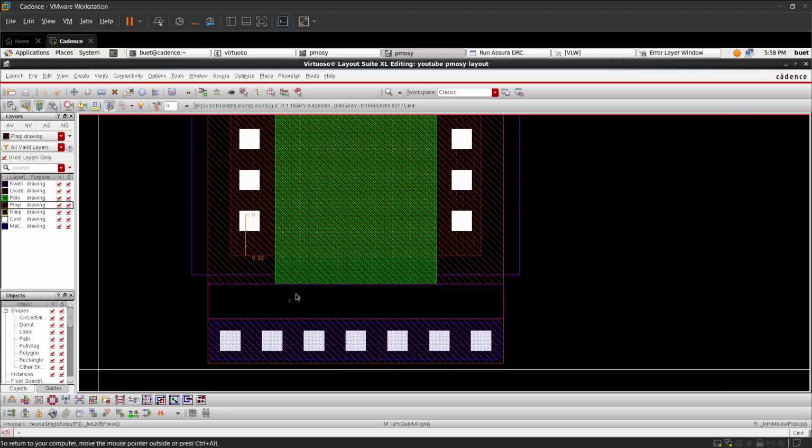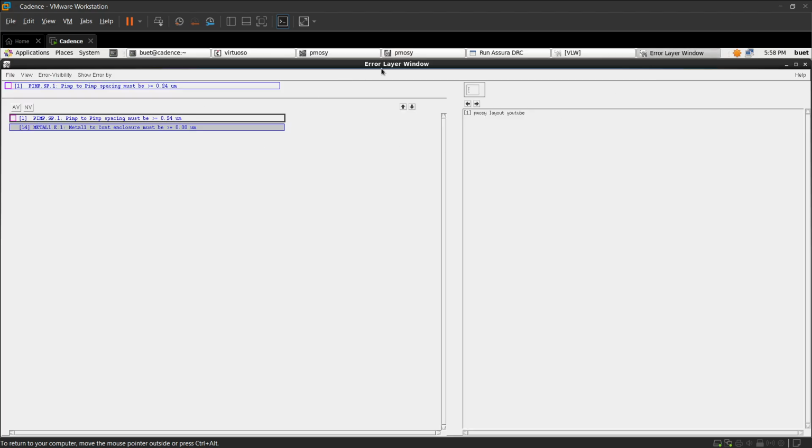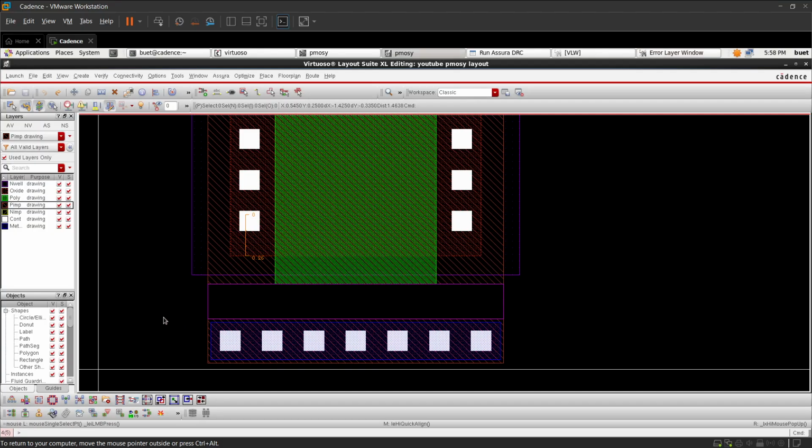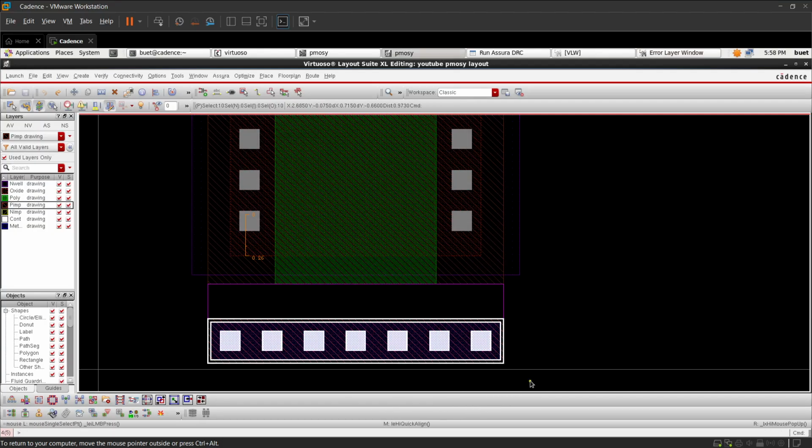Yeah, it should be 0.24. For that, it should be 0.24. Just keep both